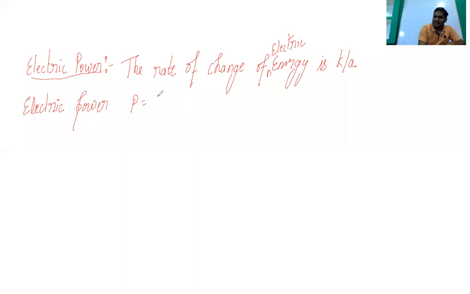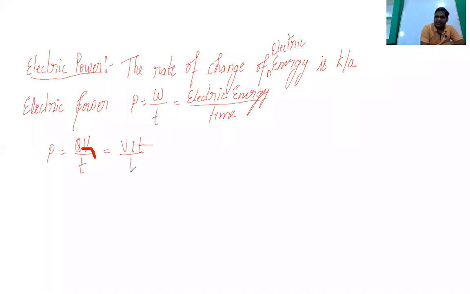This power can be written as work done divided by time, or electric energy upon time. And you can see the various formulas. If you are saying electric energy, the first formula was Q into V by T, and the second formula was VIT by T, and the third formula was